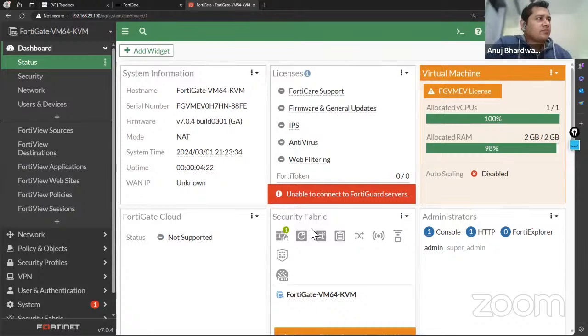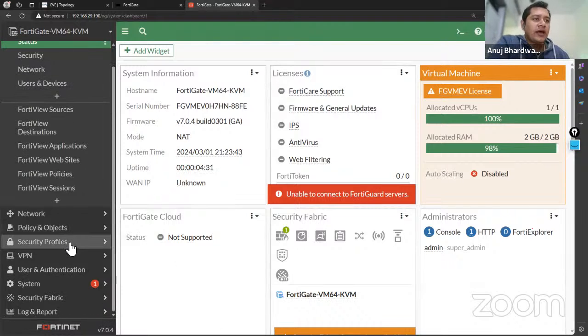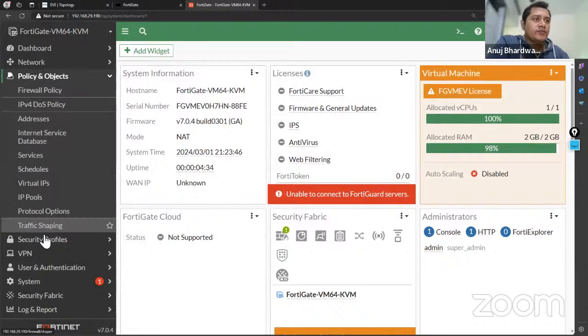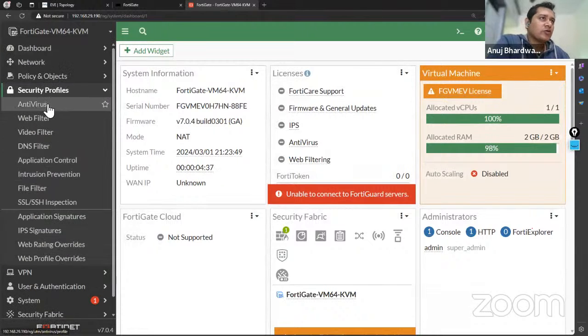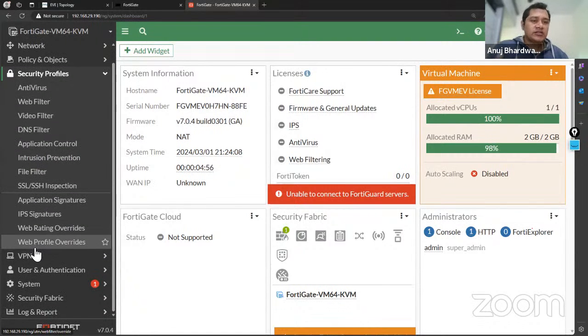I should say there's not much difference, because if you talk about the features, they are similar. They have security profiles. All the firewalls have antivirus, web filter, video filter, DNS filter. All these options are available. They are session-oriented stateful firewalls, and whatever features they don't have, they build in as well. The major difference I see between FortiGate and Palo Alto is